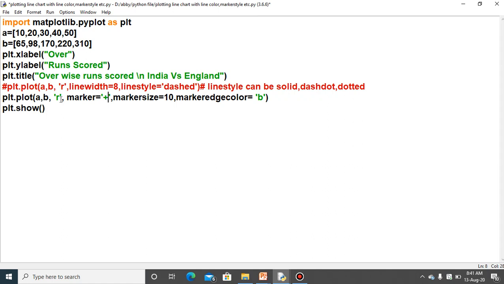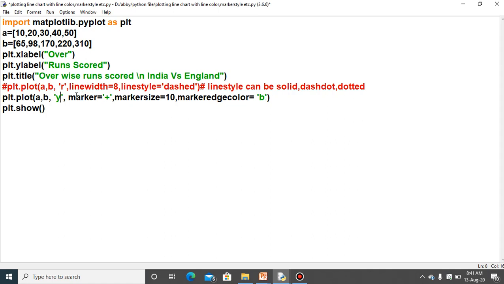And of course, R is red; if you want to change it to yellow, you can. Marker size means this very size. The marker is given as the plus symbol, so plus will be coming as the data points, and the size of the marker is 10. Then the marker edge color equal to blue. That means whatever marker is coming, its edge color would be blue.